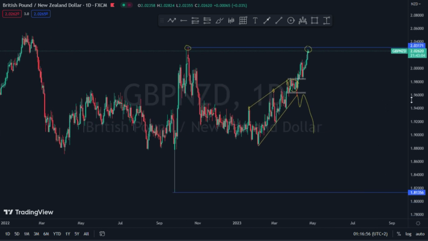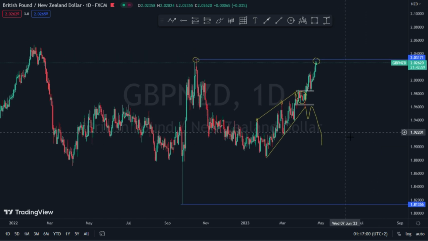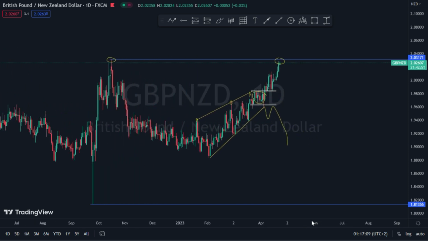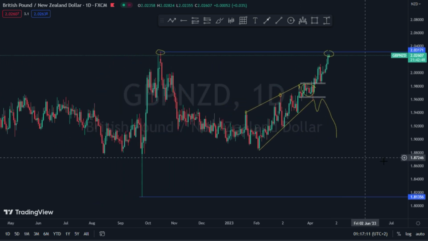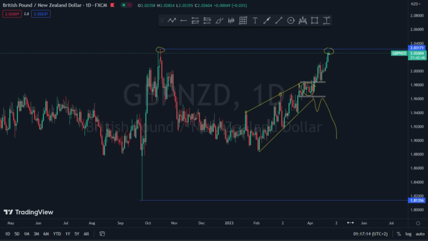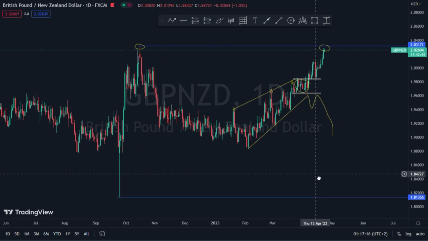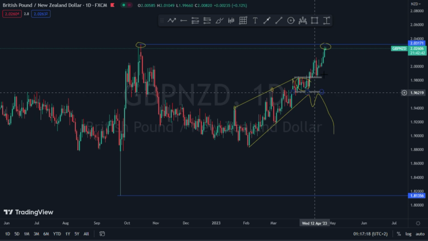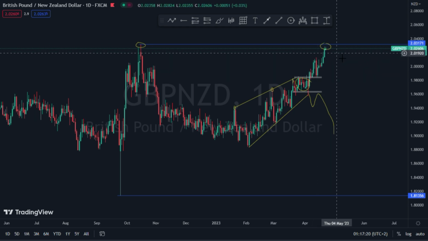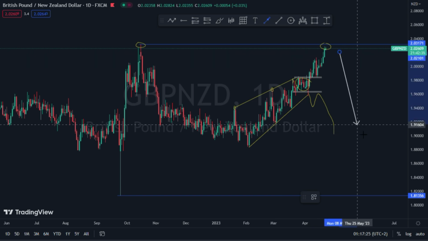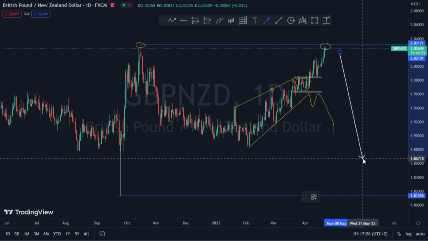I have other trades that I am waiting for entry on, so let's just accept that we have lost this trade, because it did not do what we expected it to do. Regardless of what happened, I am still expecting that this trade will eventually come back to these levels right here, because